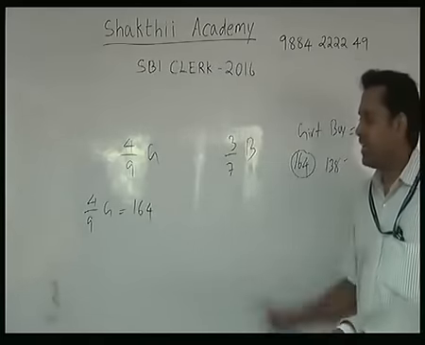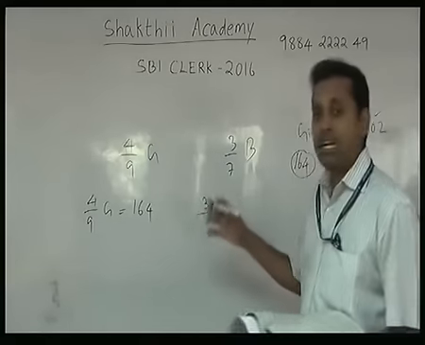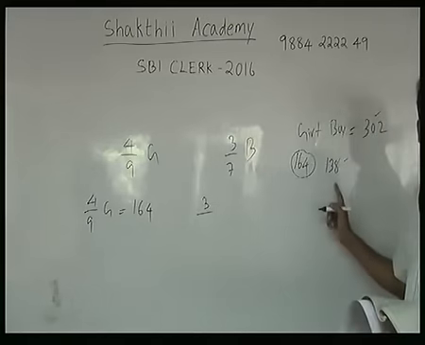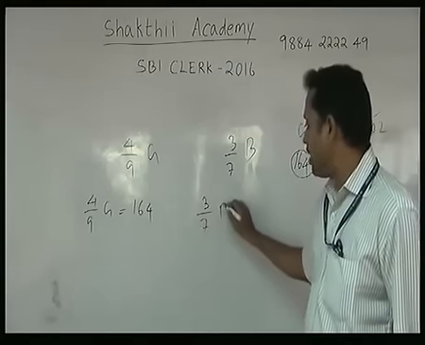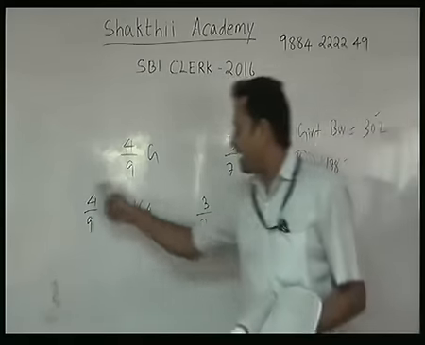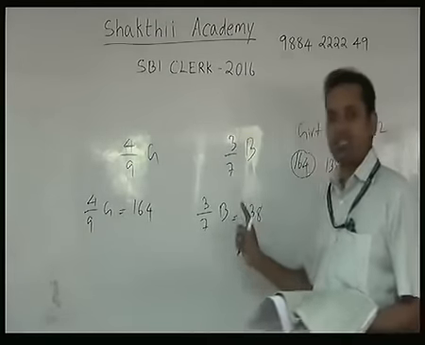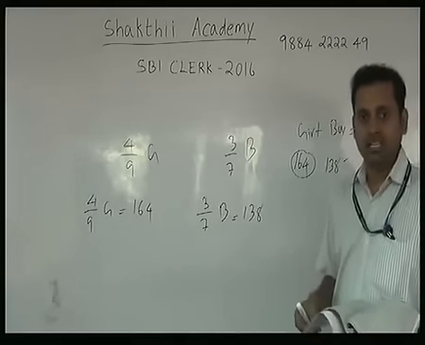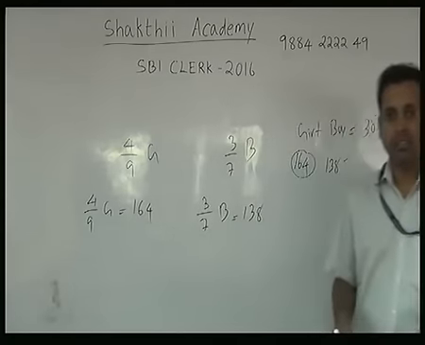So when you calculate, you get the number of girls. Similarly, I know very well the number of boys participating is 3/7 of boys, and exactly the value is 138. So 3/7 of boys equal to 138. When I calculate this, I will get the number of girls. When I calculate this, I will get the number of boys. Then I will get the answer. Correct? So now tell me, what is the answer?